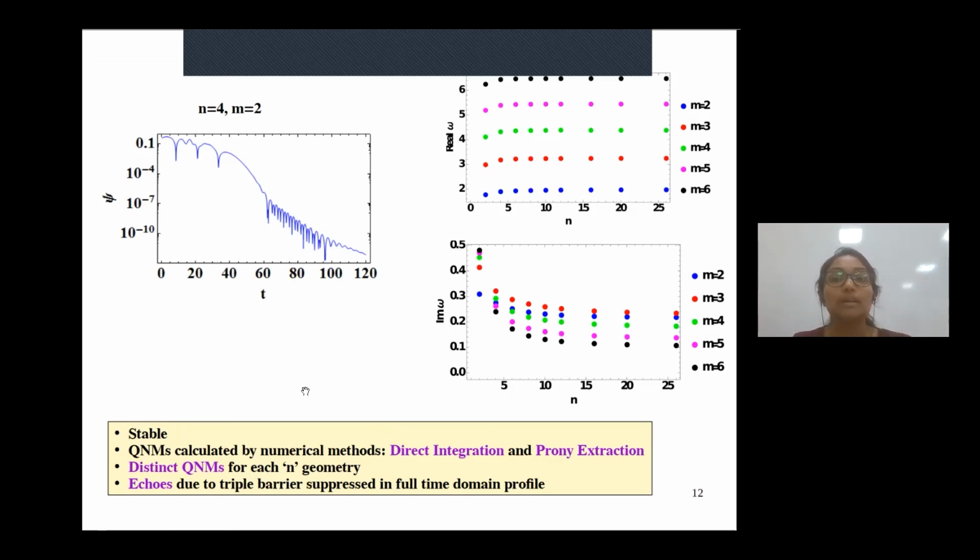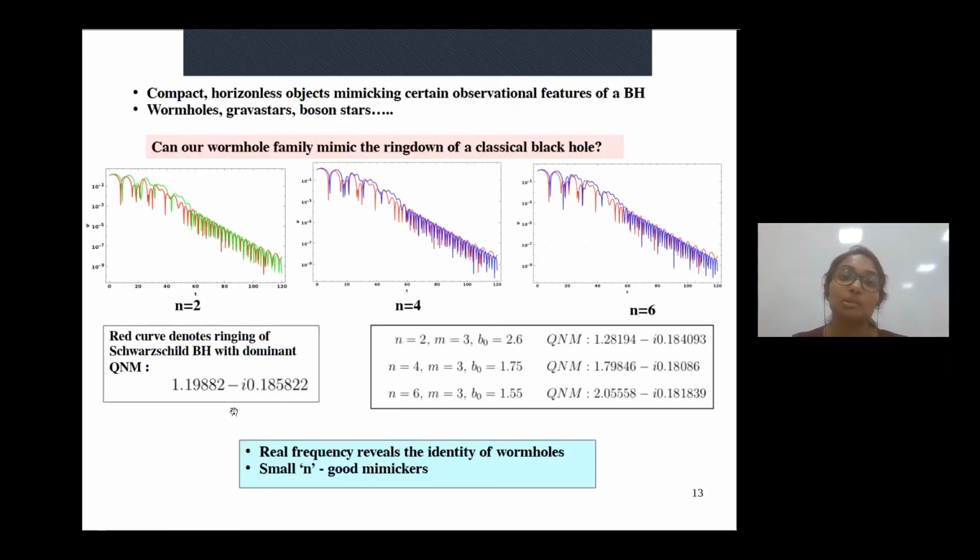So now, once we have established the stability of these geometries, we come to the question of these wormhole geometries being a possible black hole mimicker. As the name suggests, these are compact horizonless objects that mimic certain observational